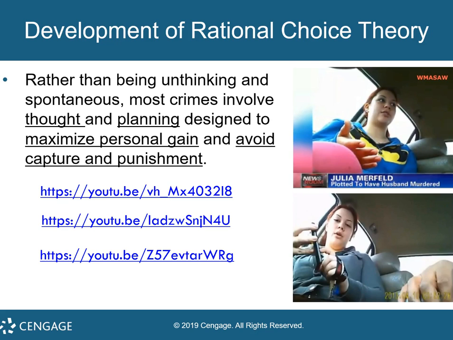I mean, kind of think about that. Now, some criminologists go as far as suggesting that the source of all criminal violations, even those like drug abuse, vandalism, and violence, etc., are a function of rational decision making. The decision to violate the law is made only after the offender carefully weighs out the benefits and the consequences of the action that they're going to do, and then decides that the benefits of the crime are greater than